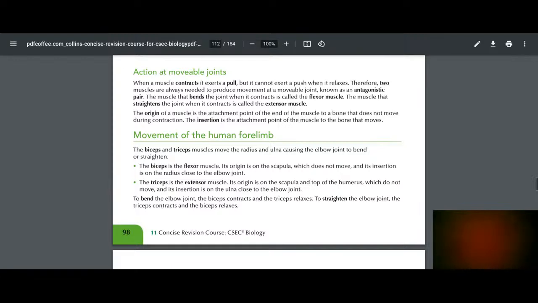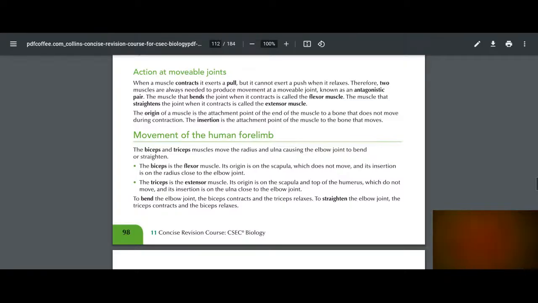Alright, so now let's talk about the action of movable joints. When you hear the term "the action of", you're talking about the difference between when a muscle contracts and when it relaxes. When a muscle contracts, it exerts a pull, but it cannot exert a push when it relaxes. In other words, two muscles are always needed to produce movement at a movable joint, and these are known as the